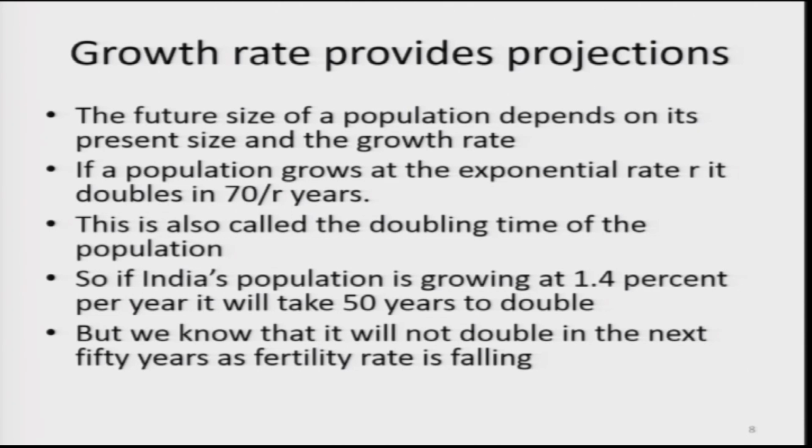So, if India's population is growing at 1.4% per year, then it will take 70 divided by 1.4, or 50 years to double. So, 2018 population after 50 years, in 2068, would be double the population of 2018,